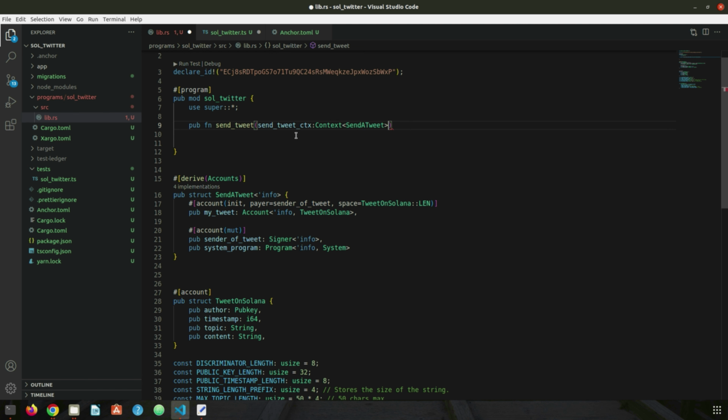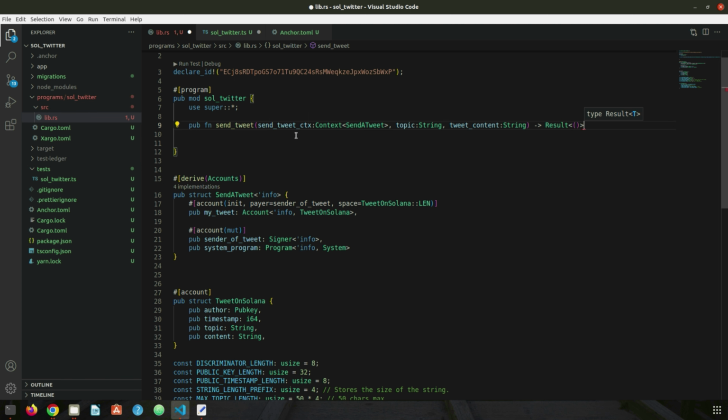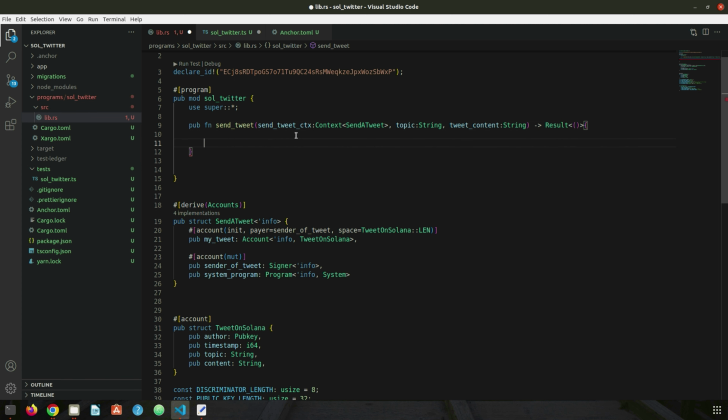Then we need topic, right? And that should be of string type, of course, and then we need tweet content, and that would also be of string type. And at the end, this function will return a result, if things are okay or not okay, like this. And at the moment, we're just gonna say Ok. So we are saying everything is okay, so that the compiler is happy and not complaining about anything. Perfect. Once we have that, we need to get a couple of things sorted. So number one is that we need to get my tweet account out of this context. So we're gonna say let my tweet,